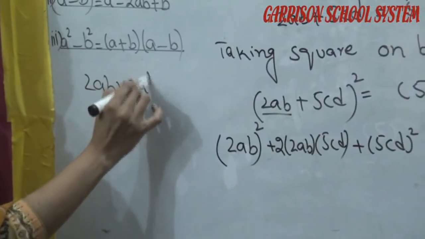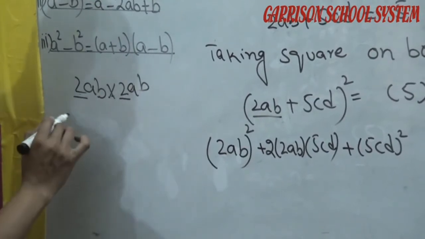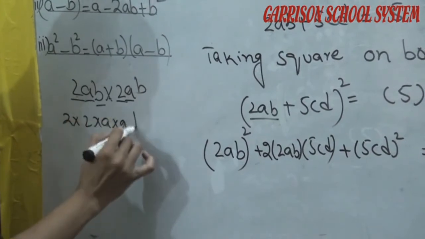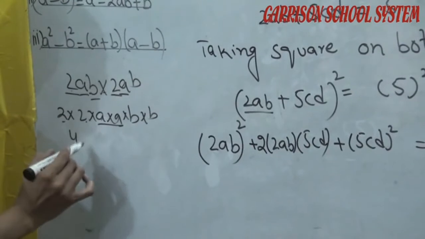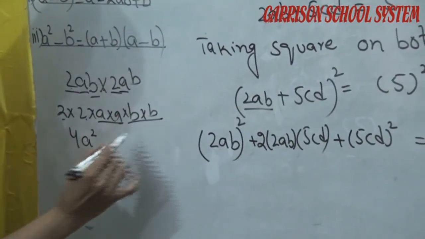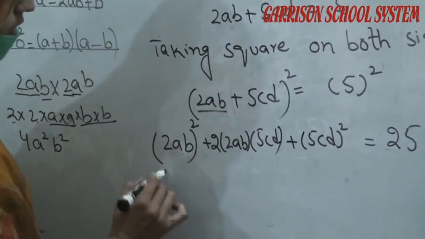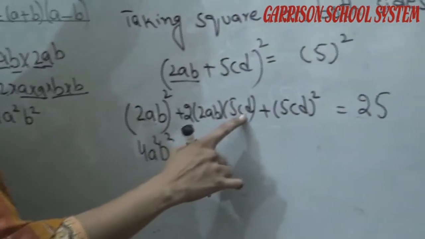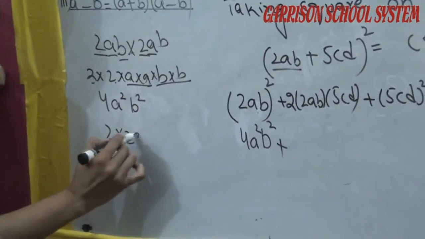2AB. In the square of 2AB, 2AB multiply by 2AB. 2 will multiply by 2, A will multiply A and B will be multiplied with B. 2 2s are 4. A multiplied by A produced A square and B multiplied by B produced B square. So 2AB whole square is equal to 4A square B square plus these three terms, 2 into 2AB, 2 into